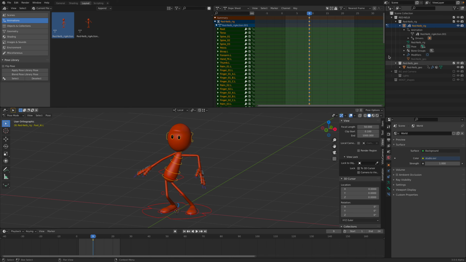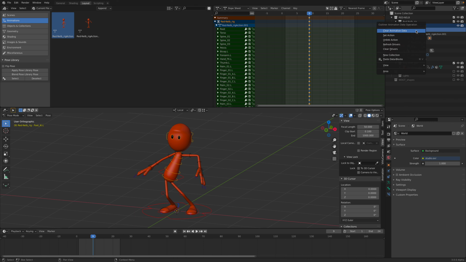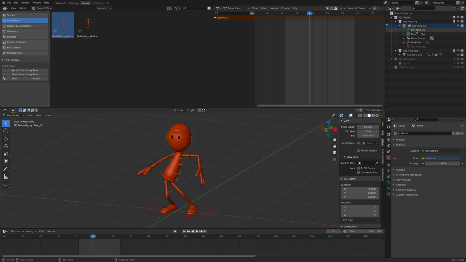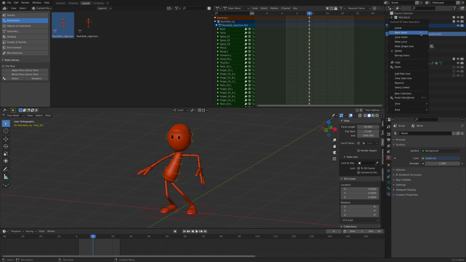Now it says data blocks are already in assets. Clear animation data. Okay, so every time I do that, I clear the animation data, so I have nothing here, but